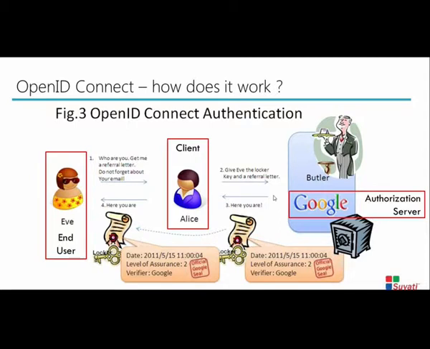Now, when you take this to an enterprise level, for example, you need to make an environment where your employees have single sign-on. They don't want to keep a different set of username and password for one system, a different username and password for Salesforce login, a different username and password for their help desk system. They want some kind of single sign-on facility in their enterprise. So when you have OpenID Connect providers set up in your enterprise, you can use this protocol to enable single sign-on as well as social sign-on, right?